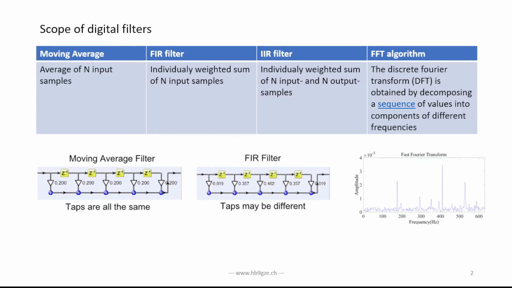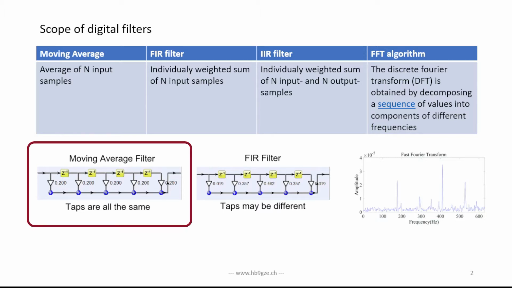All right, the scope of digital filters is very wide. You could say that the simplest digital filter I've seen so far is a moving average filter. The most sophisticated kind of filter is the fast Fourier transformation. The moving average filter is very simple. You take samples. In this case, we have 5 samples, a current sample and the last 4. We take these 5 samples,